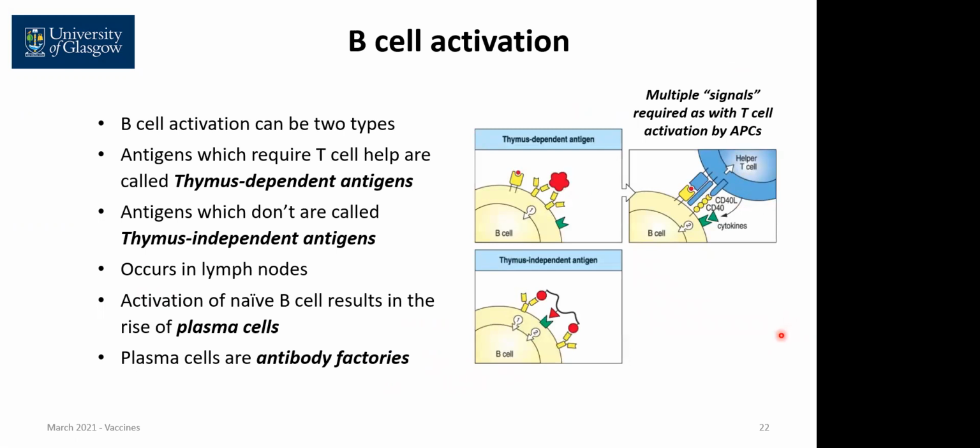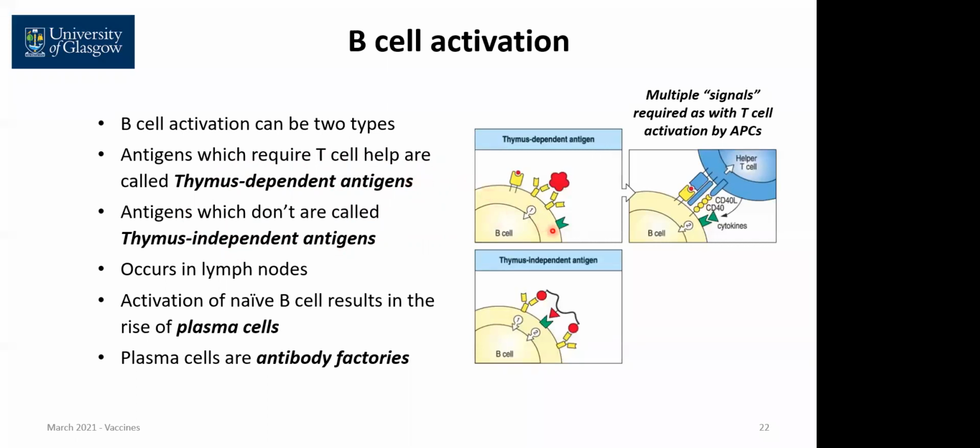So B cell activation arises either with or without the help of T cells, and these are the technical names for this. Antigens which can drive the activation of B cells without the help of T cells are known as thymus-independent antigens. Those antigens that require T cell help are known as thymus-dependent antigens. Okay, and the ones that we're specifically interested in when we're talking about the process of vaccinations is this first one here. So the interactions of B cells with T cells will result in the generation of plasma cells,